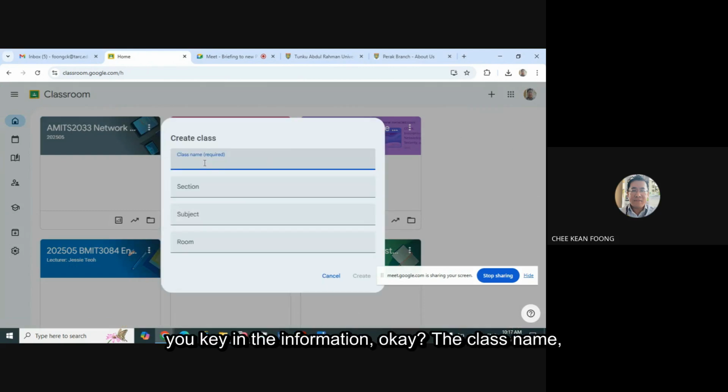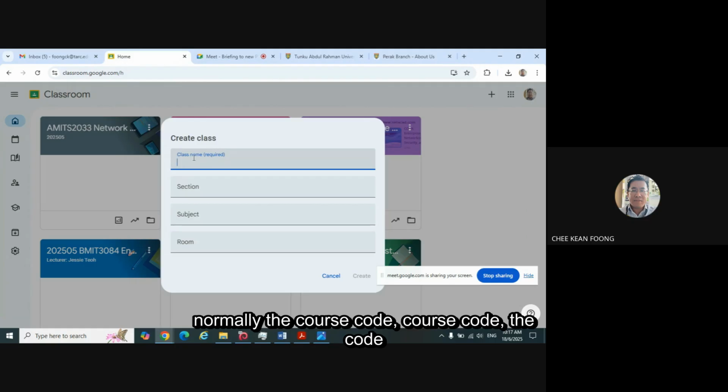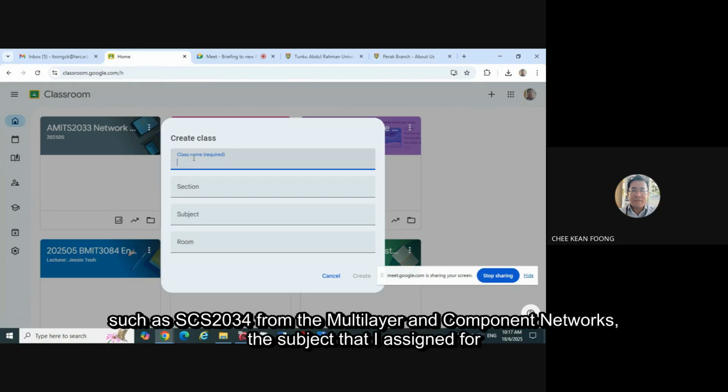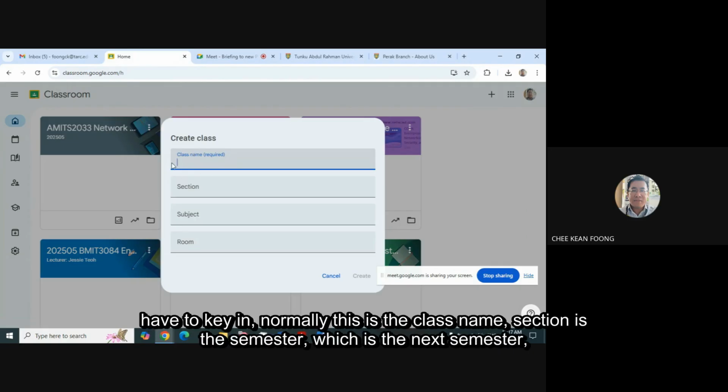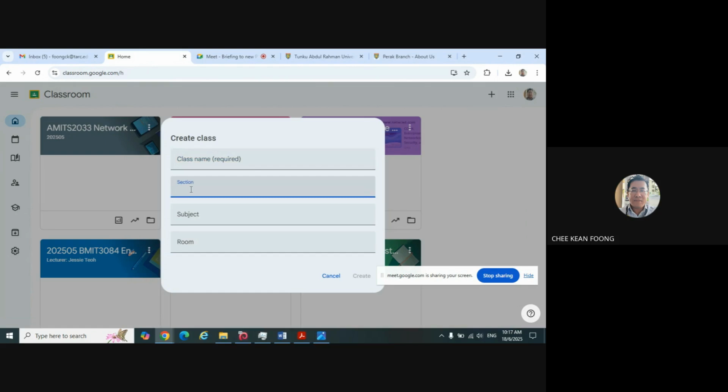You key in the information, the class name, normally the course code, such as ASCS 2034, Fundamentals of Component Networks, the subject that I assigned for you all to deliver to your students. The subject comes with the code and the name, so you just have to key in. Normally this is the class name. Section is the semester, which is the next semester, the section of 202505,